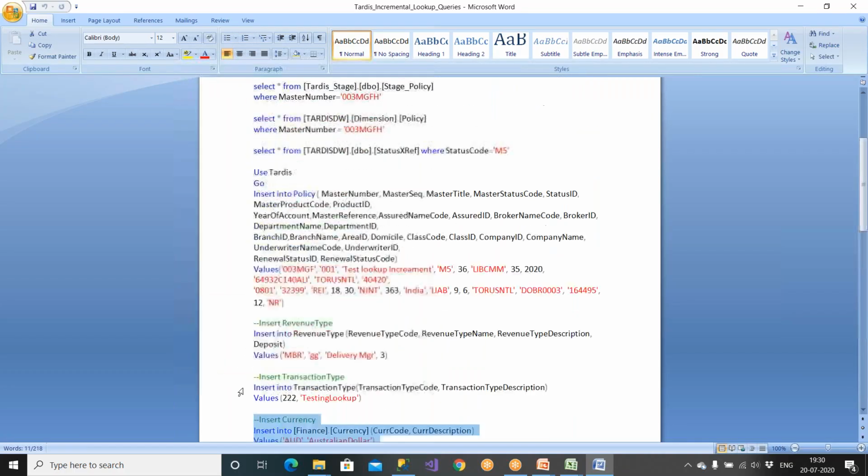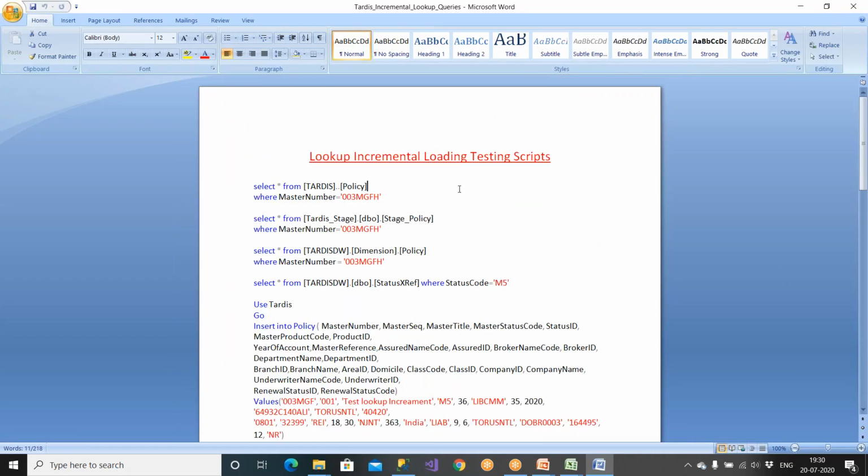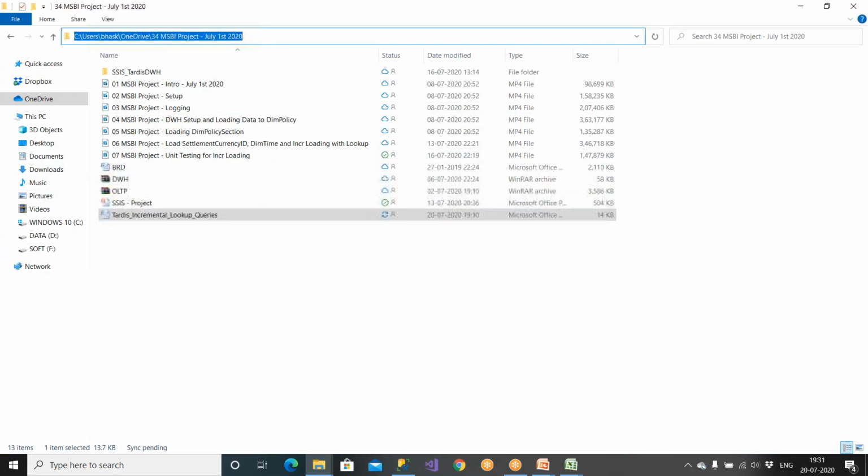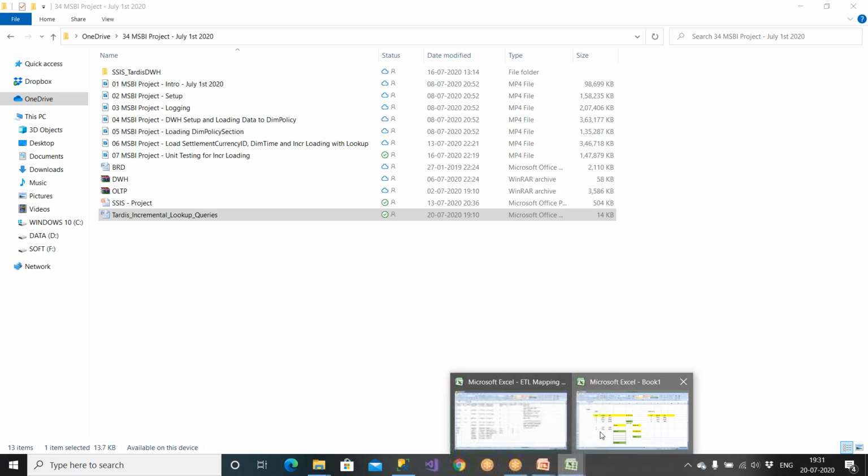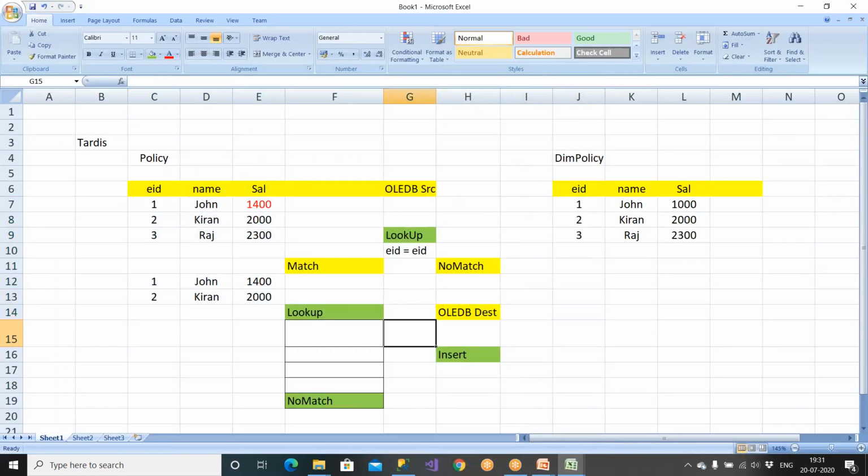So try to perform the unit testing with the help of these test cases. Clear? So try to use the script. This is loaded in your scripts. Am I clear? So today, what we are going to be implementing is